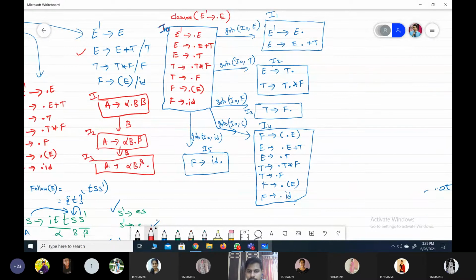If you observe that, what is your goal? The dot is to be moved towards the extreme right side direction. Till now, how many productions has the dot ended? Augmented grammar symbol, so this is ended. E tends to T dot is ended, T tends to F dot is ended, and F tends to ID dot is ended. These are the 4 productions that we have completed. The dot is moved towards the extreme right side direction, that we have done. Yes or no?